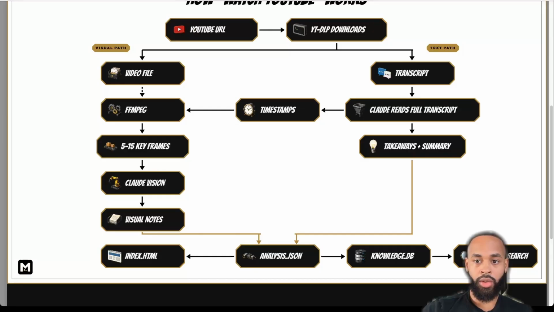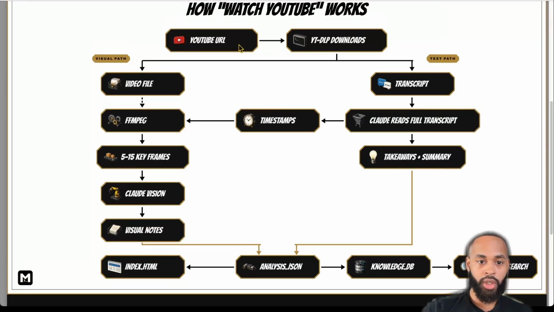And the way that this works is you take a YouTube URL, it goes through YTDLP and it downloads the video file and it downloads the transcript. So it analyzes the transcript. Once it reads the transcript, you get a summary and the takeaways, and it picks out the timestamps to where